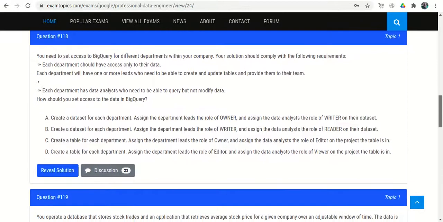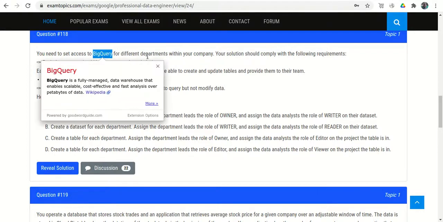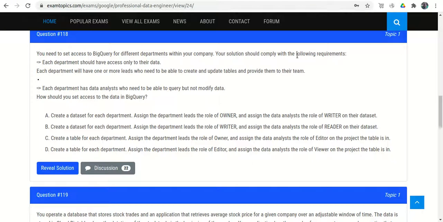Question number 118. You need to set access to BigQuery for different departments within your company. Within our company we have different departments, so we need to give access to BigQuery for each department. Your solution should comply with the following requirements. Each department should have access only to their data.